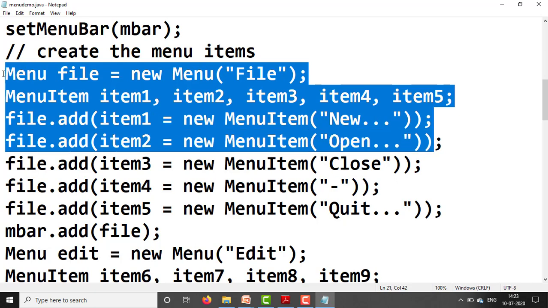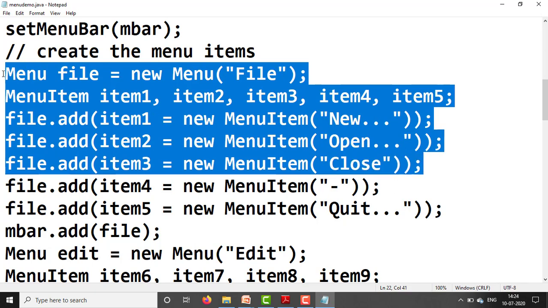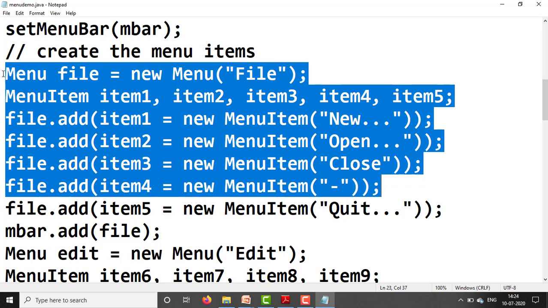Next, file.add(item2 = new MenuItem("Open")); Next, file.add(item3 = new MenuItem("Close")); Next, file.add(item4 = new MenuItem("-")), the dash, hyphen, is a separator that acts as a menu separator.